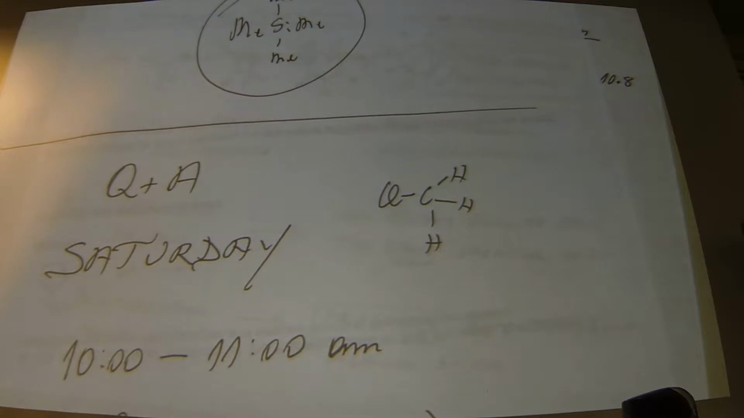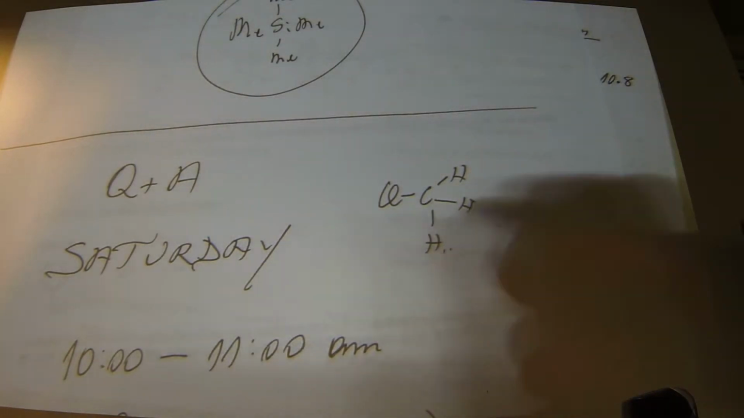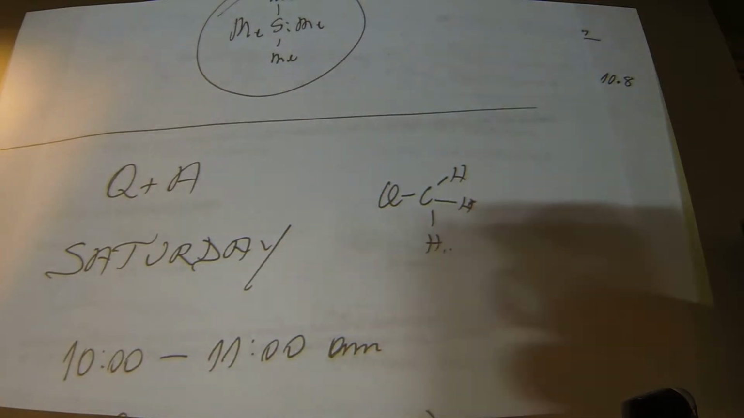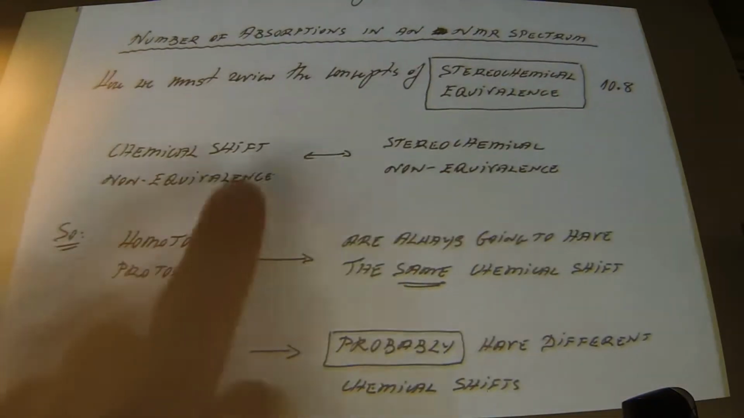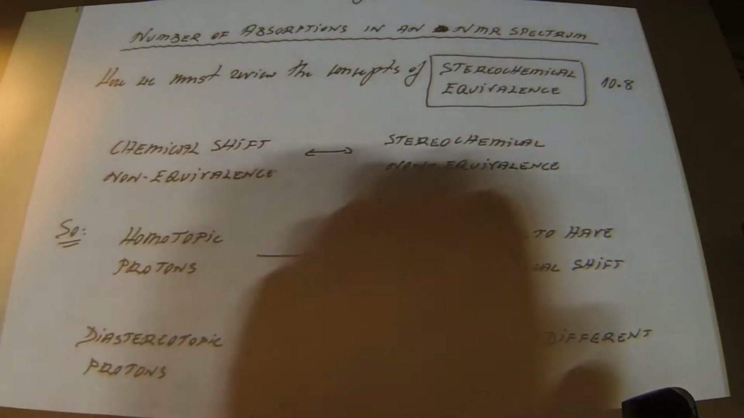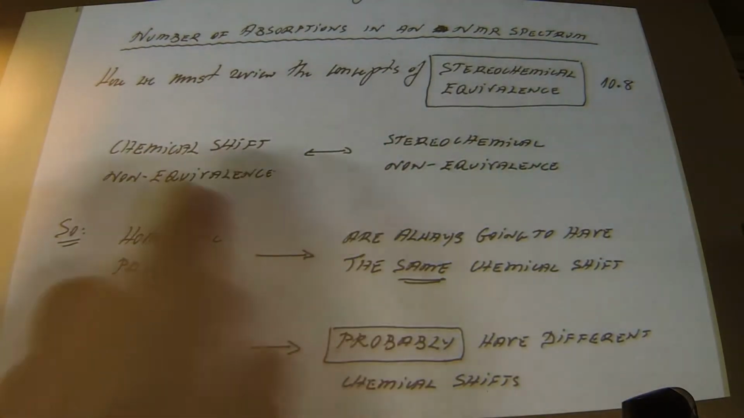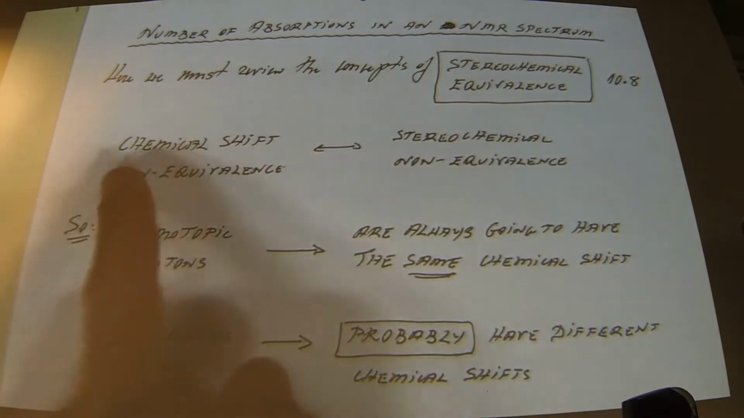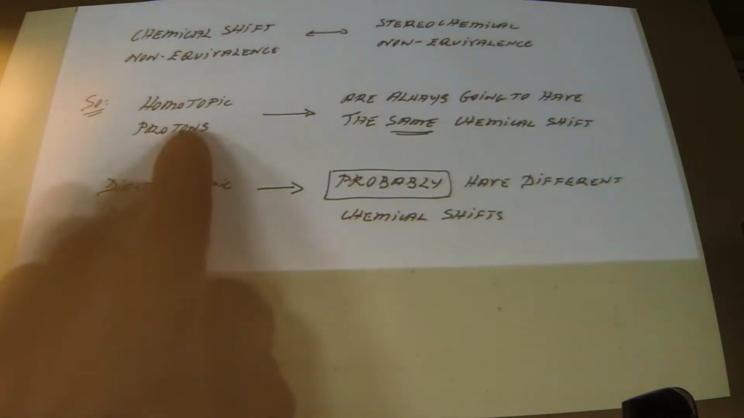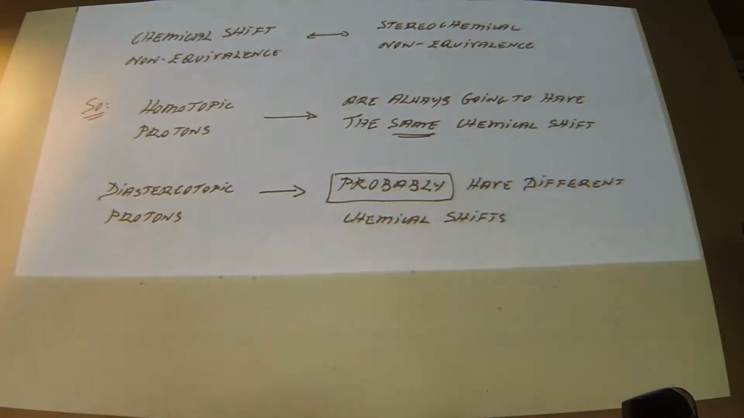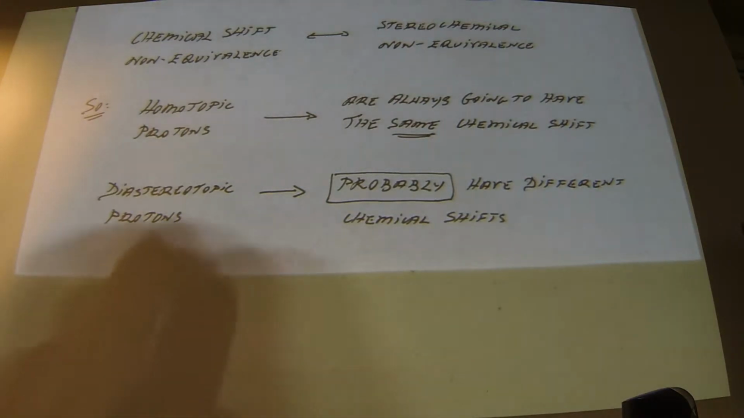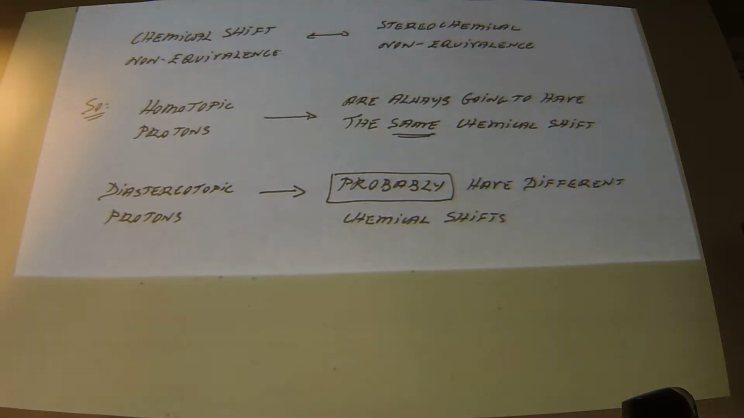There's one singlet for methyl chloride. Why? Well, because these are homotopic, they're stereochemically equivalent, therefore they are chemical shift equivalent. Okay? They are equivalent, so yeah. So this is true and the opposite is true. It's equivalent to equivalent. So homotopic protons always going to have the same chemical shift. No argument there. Diastereotopic protons, on the other hand,